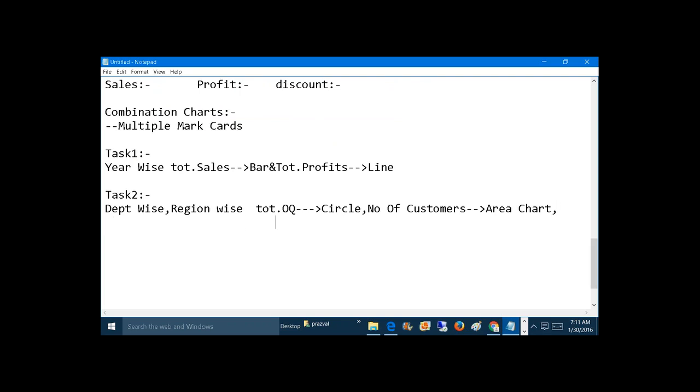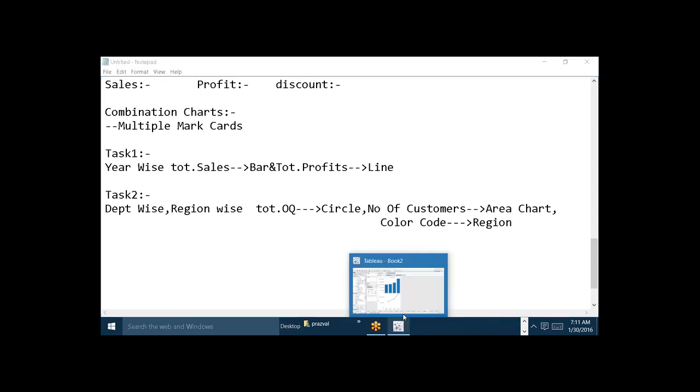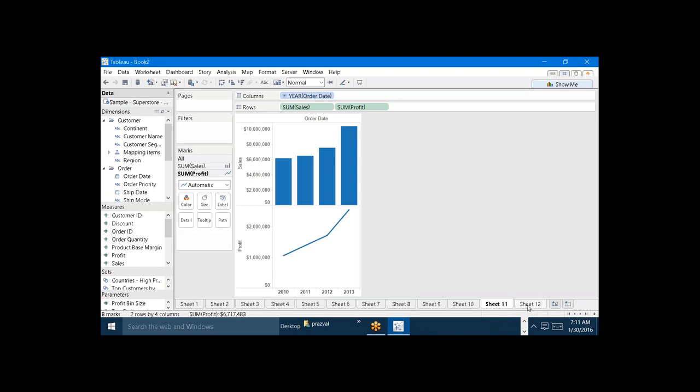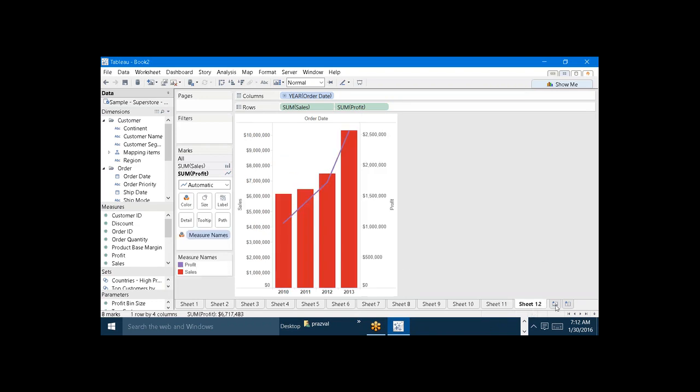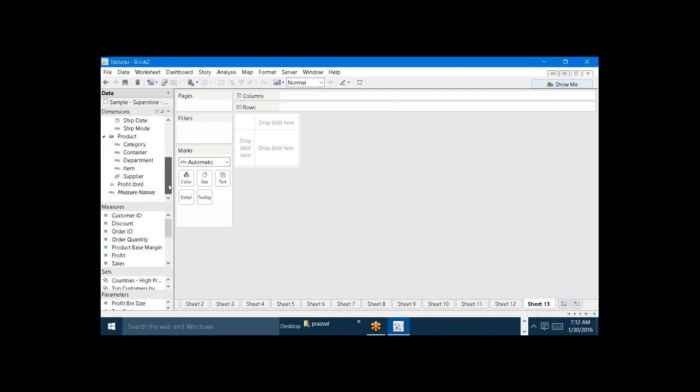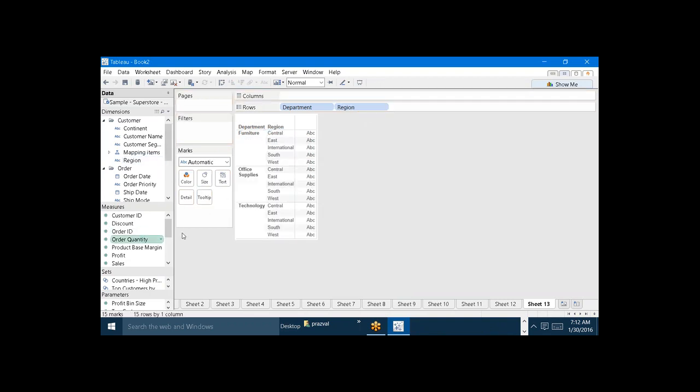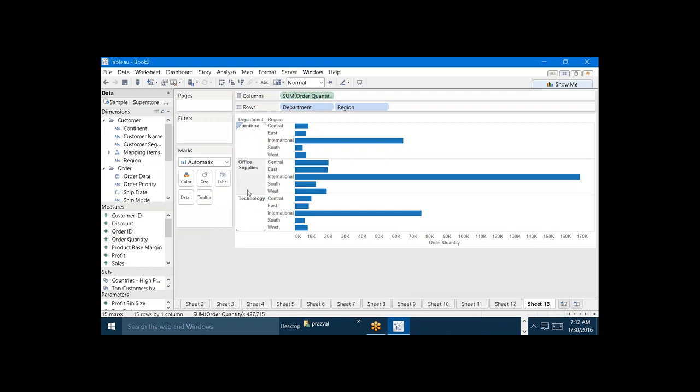Okay, color code this number of customers with the region. So how to achieve this? Just go to Tableau. I'm creating a new sheet. Take the department. So department-wise, region-wise, total order quantity and the number of